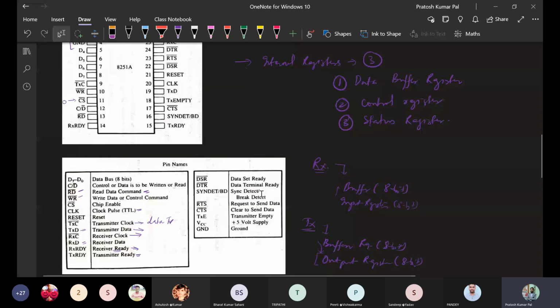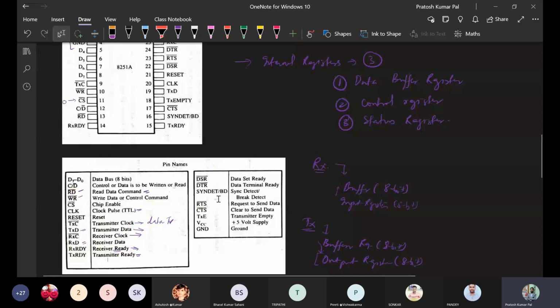Next one is request to send. Whenever data needs to be sent, and it is going to request to send the data, RTS will be activated, and then clear to send. All these pins are going to communicate between the receiver and transmitter, like how the receiver and transmitter will perform.